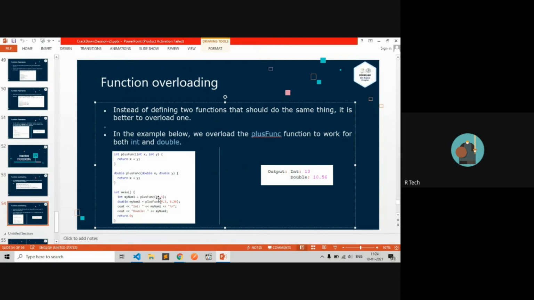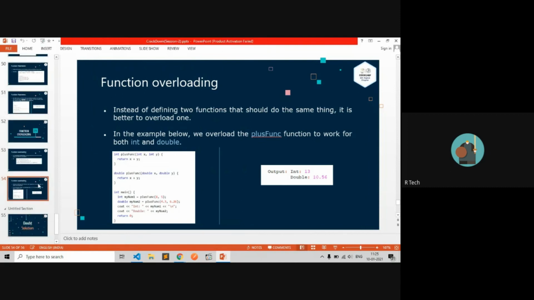Plus with 8 and 5, both integers, and here 4.3 and 6.26, both fractional numbers. It will return the output of both. Whenever you pass integers, it goes to the integer function. Whenever you pass fractional numbers, it calls the double function. So this is the concept of function overloading.